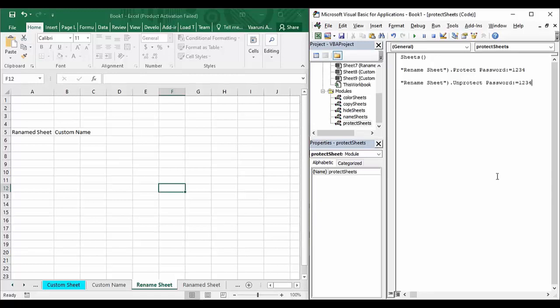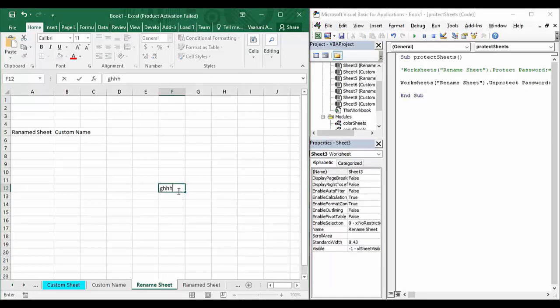Now your sheet would be unprotected only if your password is correct, but if your password is wrong, your sheet won't be unprotected. So let us just comment this out, and when we run this, then you can see rename sheet is unprotected. If you just write anything over here, over any of the cells, then it is possible to write.